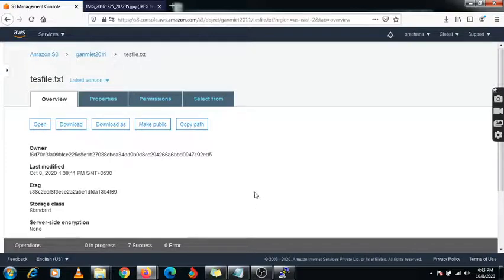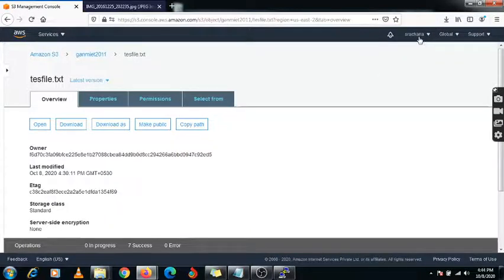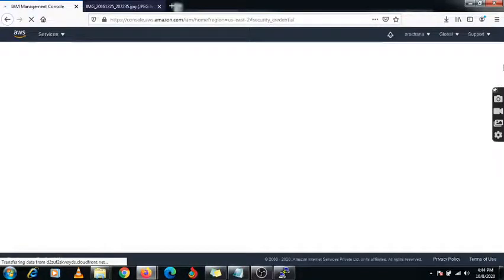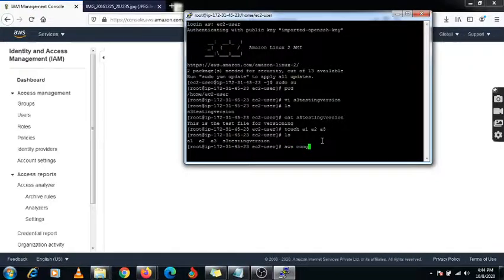So for example, I have created one Linux machine. So this is my Linux machine which I have created. First I need to connect this Linux machine with my AWS account. So here you need to go under my security credential, and under it you need to download the key which you require.